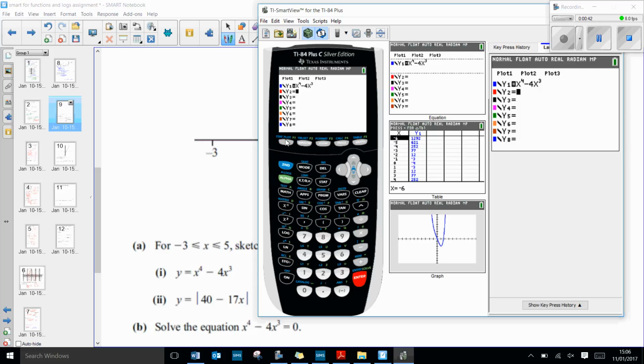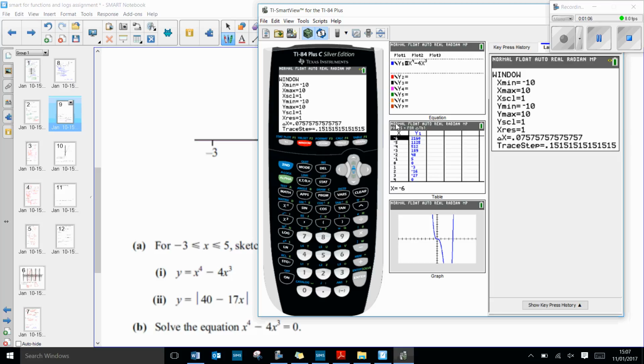So this is an absolute function. So we go to number, so number 1 says abs. So we hit number 1, and then we just type 40 minus 17x. See, it's inside the modulus signs. Okay, so before we graph this, we need to make sure that our window is as it is on the